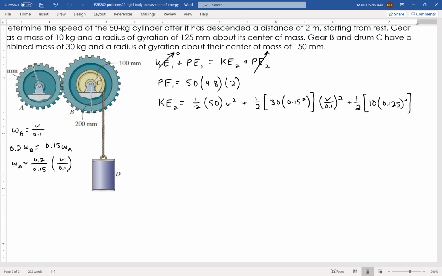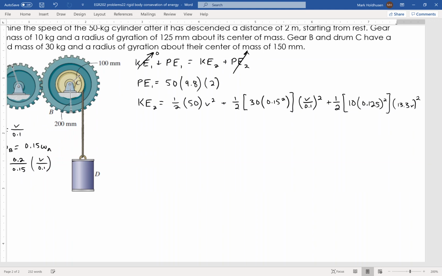I'm going to square that, so it'll be 13.3 v squared. So it's a big ugly equation, but it's really only got one unknown in it, and that's v. So you can go ahead and set PE1 equal to KE2 and solve for v, and you get v equals